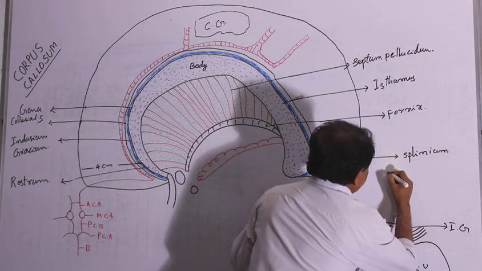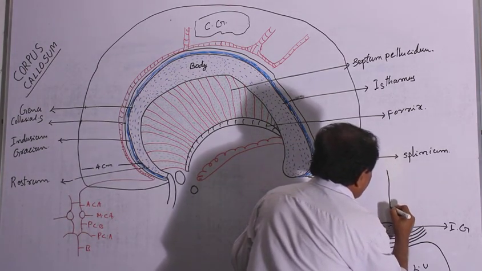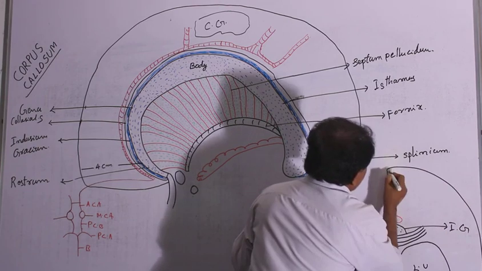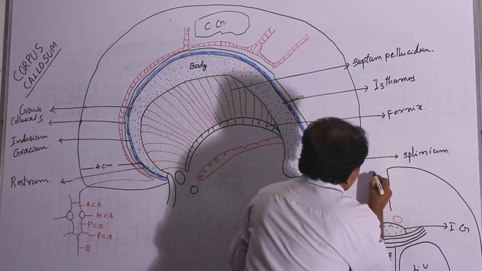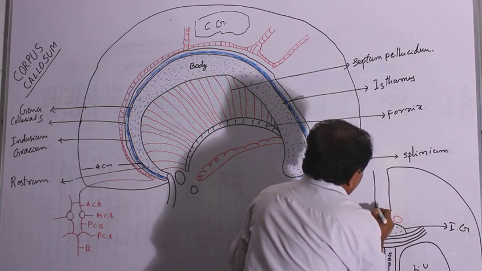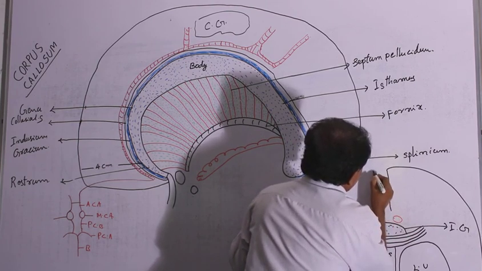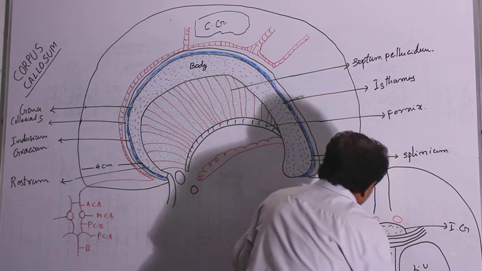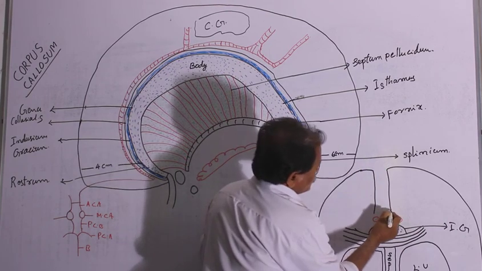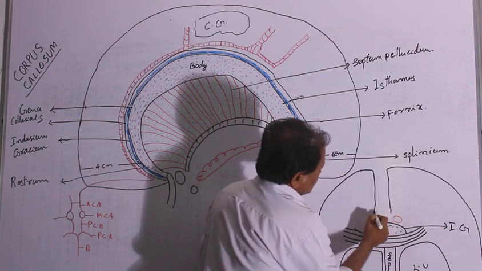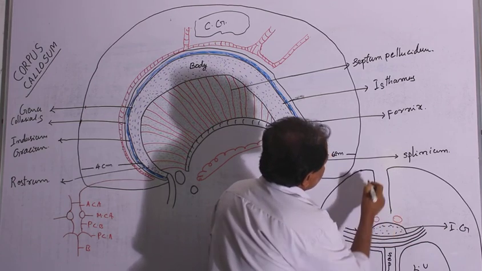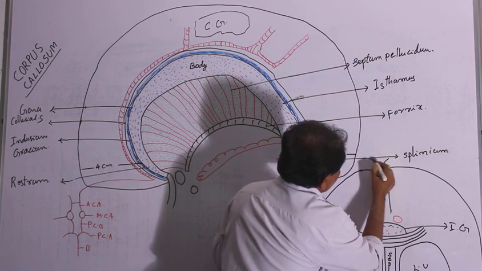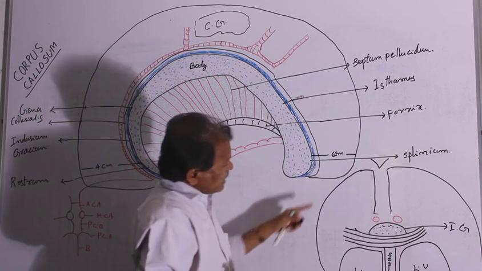This one is a median fissure of the right cerebral hemisphere, and this is a lateral fissure. The median fissure is present in between the right and left cerebral hemispheres. In this region, there is a falx